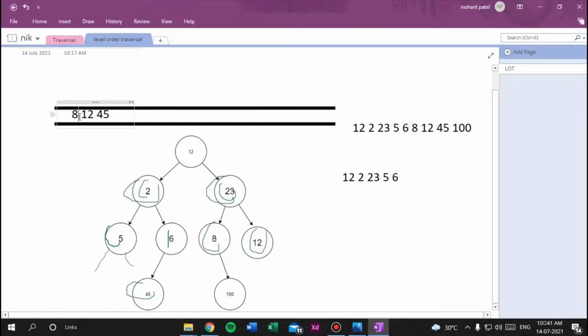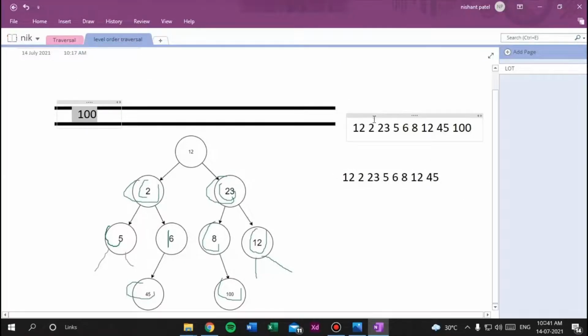Now again we will remove 8 from the queue and add it into our answer, right? And check the left and right of 8, but here left is null and right is 100, so we will add 100 into the queue. Then again we will remove 12 and store it into our output, and as you can see, left and right of 12 are null, so we will do nothing. Again we will remove 45 from the queue, and left and right of 45 are null, so we will do nothing.